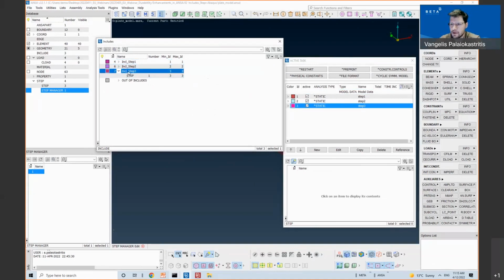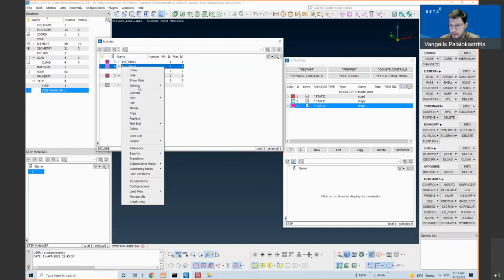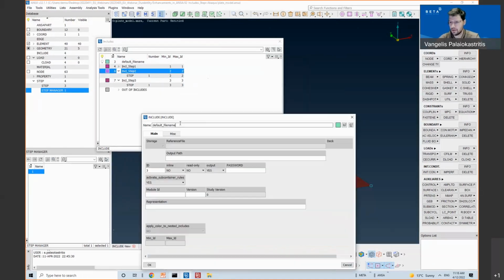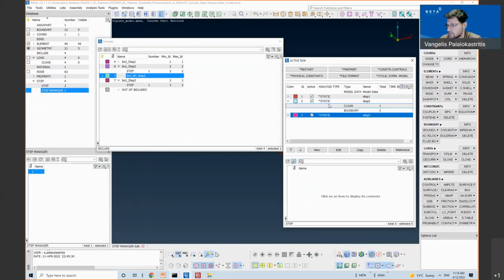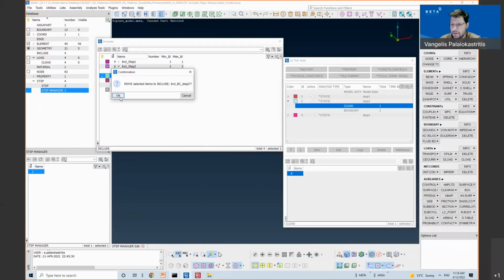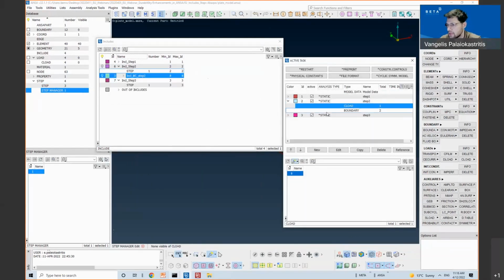Now, inside this include, I will create a new include with the boundary conditions of the step 2. So I will go to step 2, select this C load, drag it to this child include, and as well the boundaries.